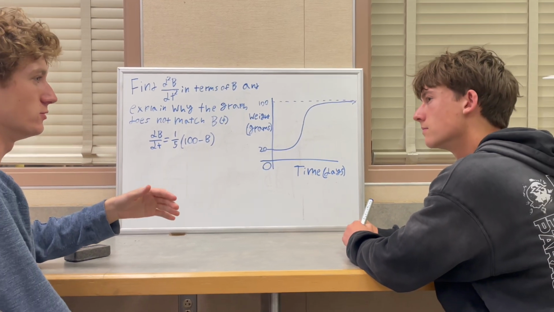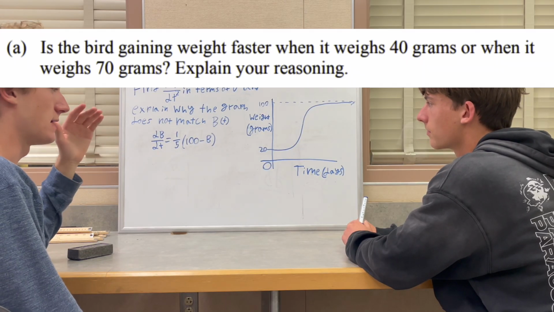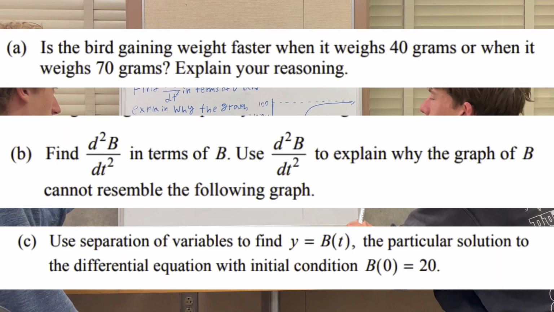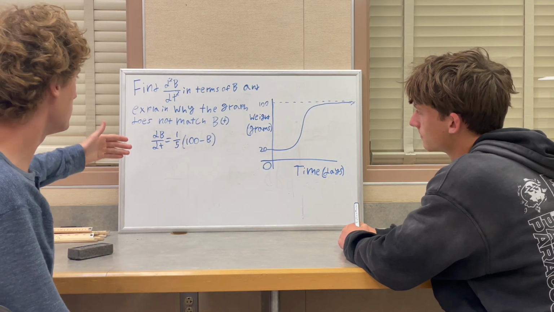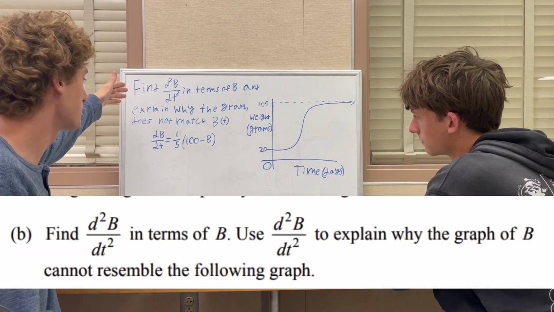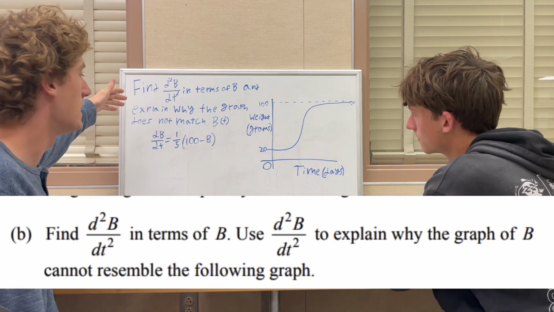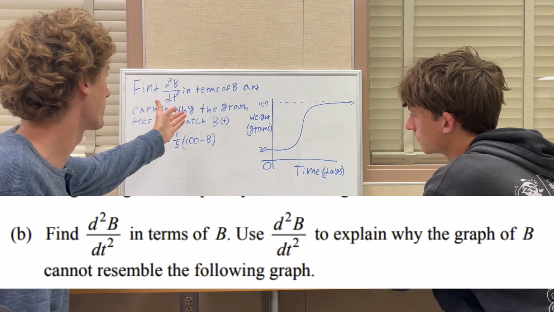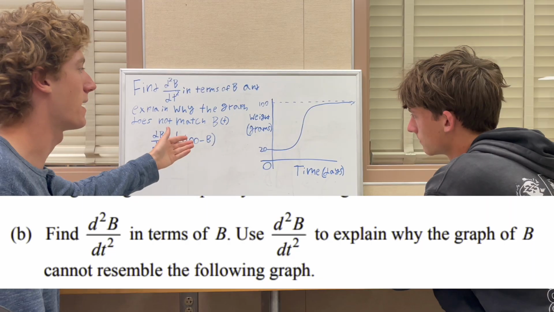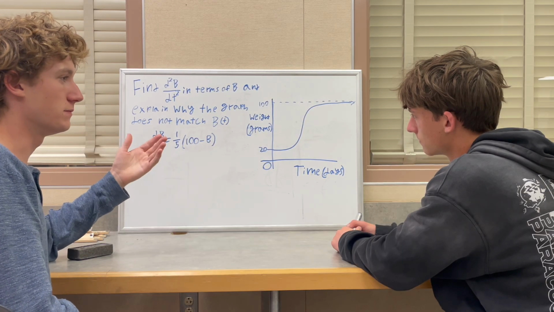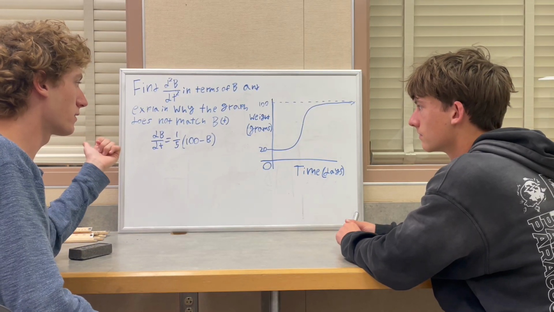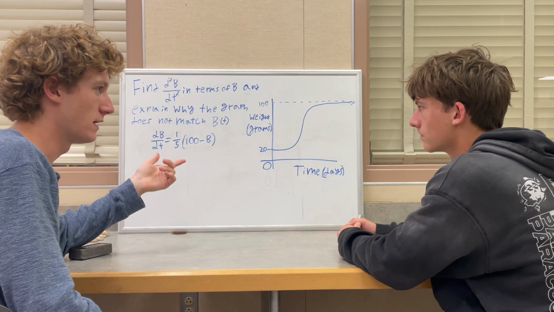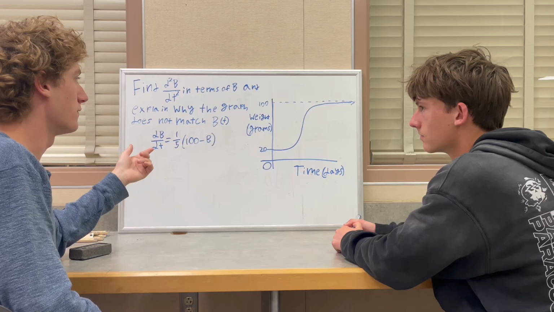However, what you must do is read through all parts of the question, which is A, B, and C, before you should have started A, which is my fault for not telling you to do that earlier. So in part B, if you actually fully read through it, the first part is asking to find the second derivative, and the second part is asking to explain why the graph is incorrect and does not match b of t. A common way to easily lose points or waste time is that people do part A and use reasoning from the graph,